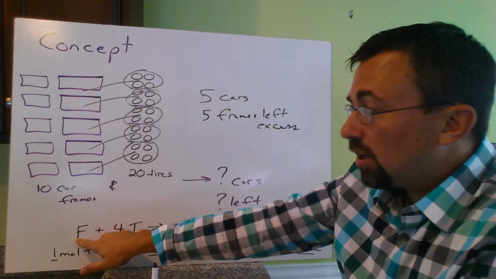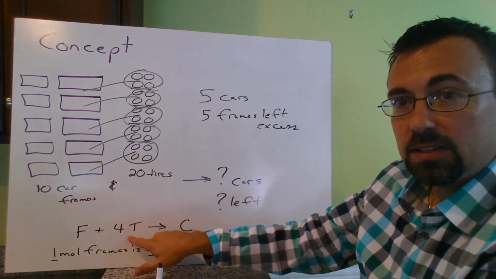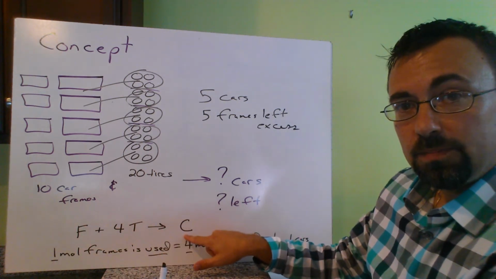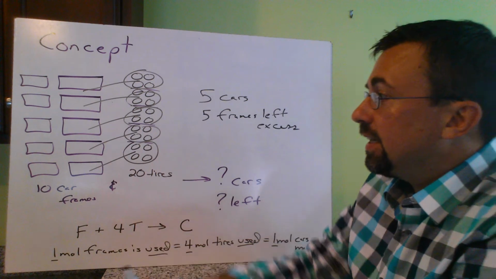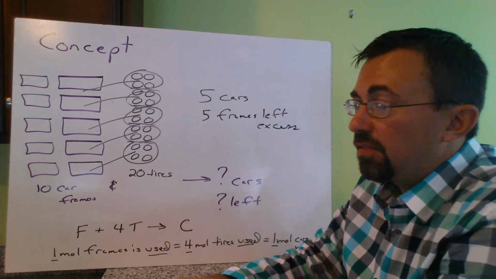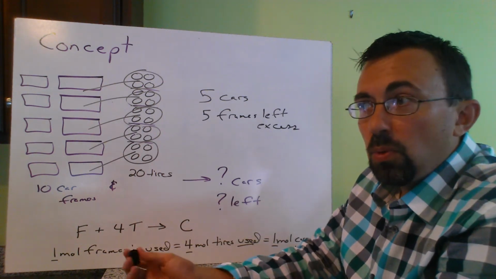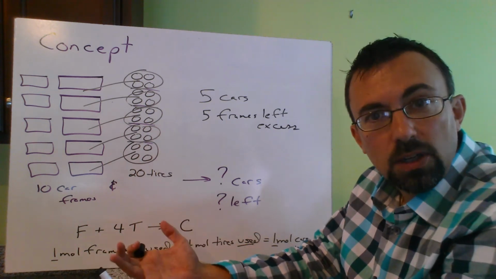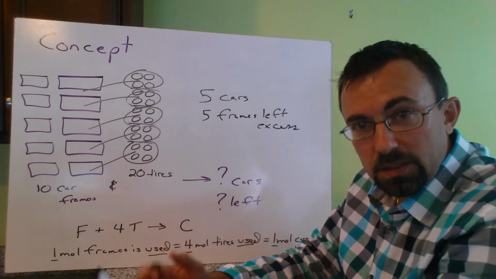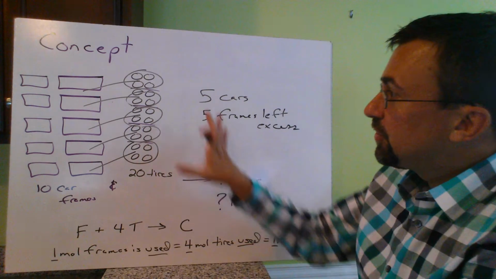But all of a sudden, if I change this and I make it into a chemistry question and I say 1 car frame plus 4 tires creates 1 car, and instead of 20 and 10, I use 0.75 and 0.230, all of a sudden this becomes an intimidating question. So what are we doing